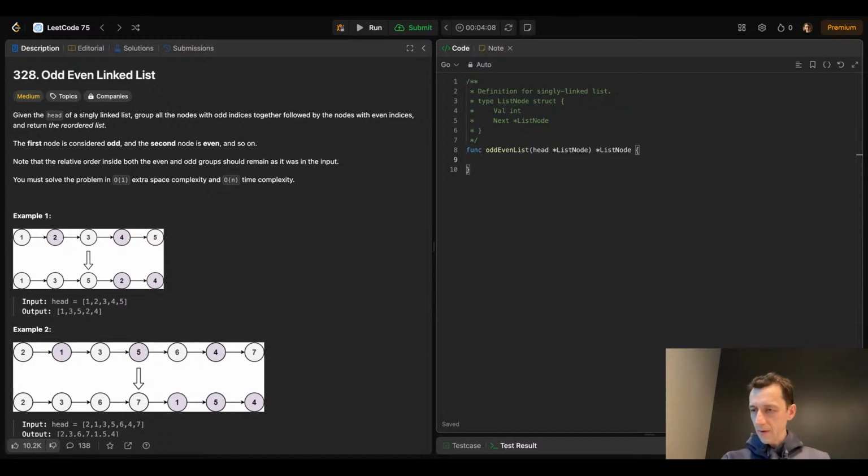And they are connected. By the way, their connections don't matter, but eventually we want to have